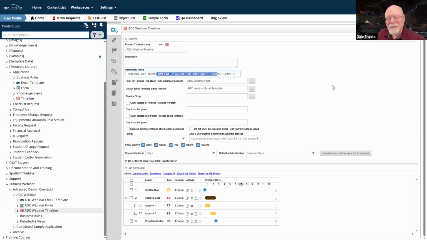Now, does this make the names long? Yes, it does. But it also gives you a lot of information, including the request number, that makes it easier to search on administrative knowledge views. Most of the time, you don't show timeline instances to end users. You show them forms.